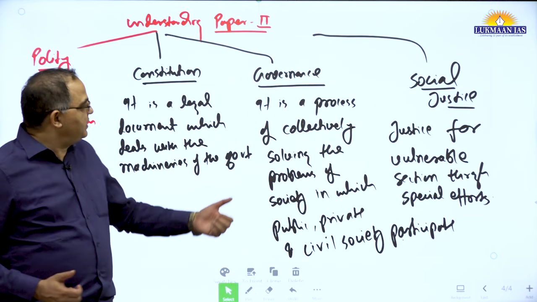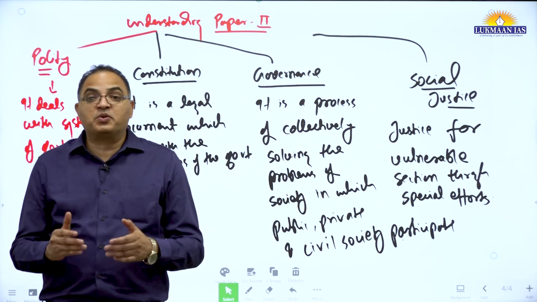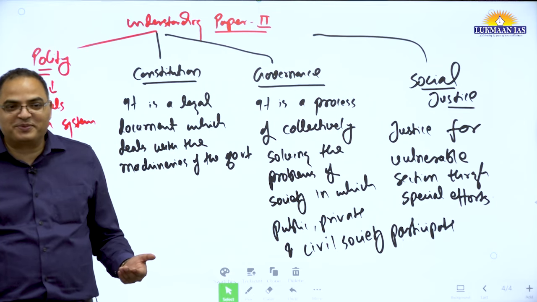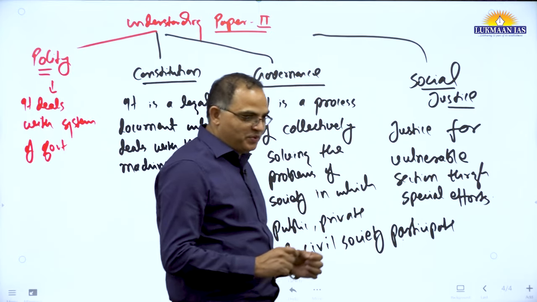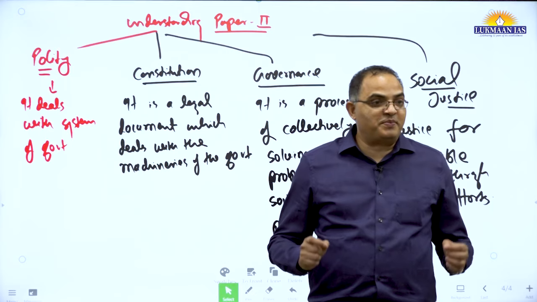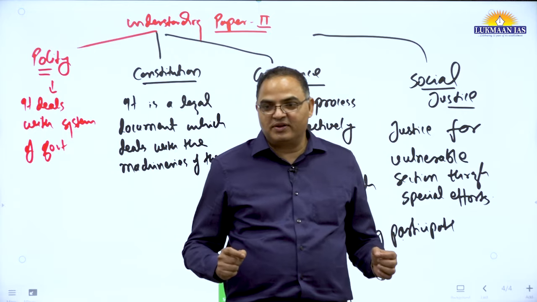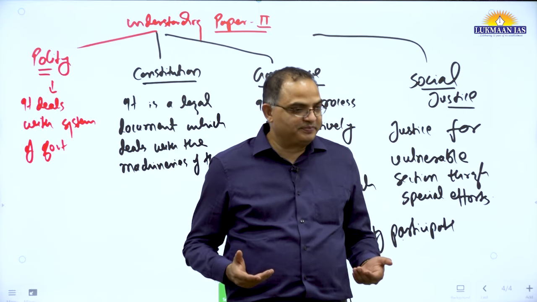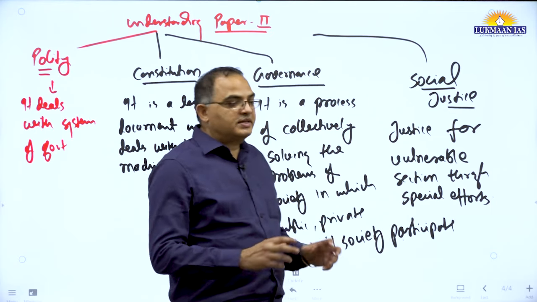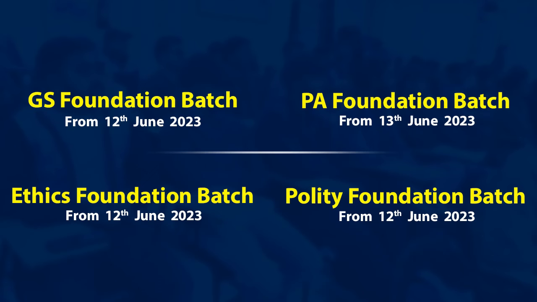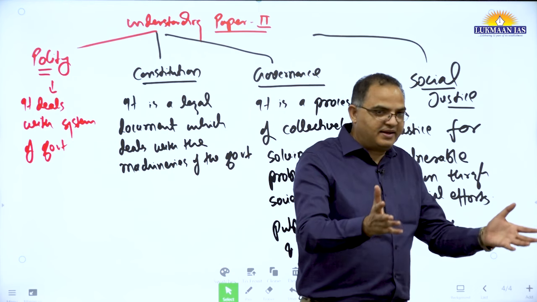What is the problem? We have written solving the problem. The problem is that we need good roads, and we do not have good roads. One problem of society is that people do not have good roads. So how can we solve that problem? Let's have others' participation. The public-private partnership does this. That's why government has now become more governance type. Simply understand this, which I will again tell after elaborating a bit.